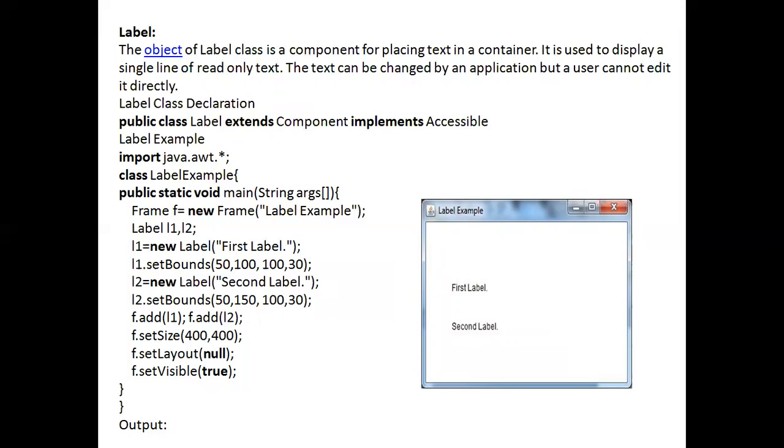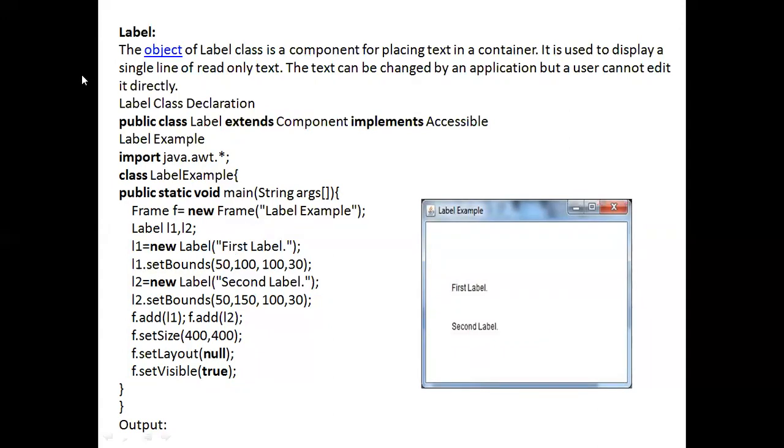The text can be changed by an application, but the end user cannot edit it directly. Only the application can change the name of the label.